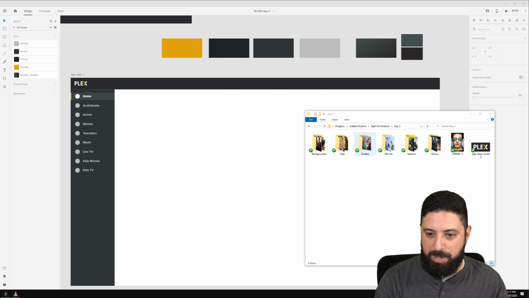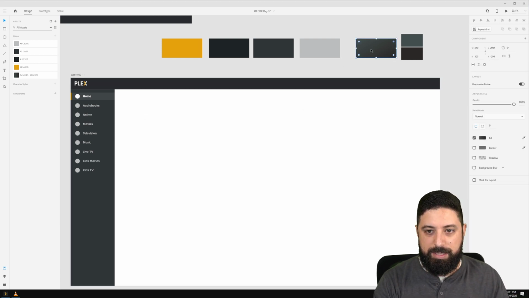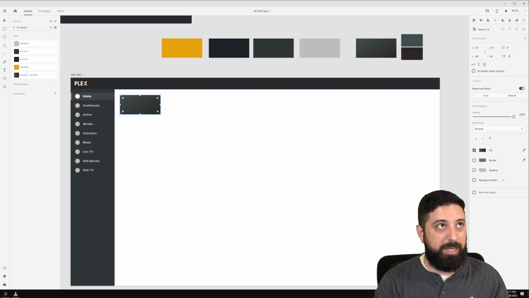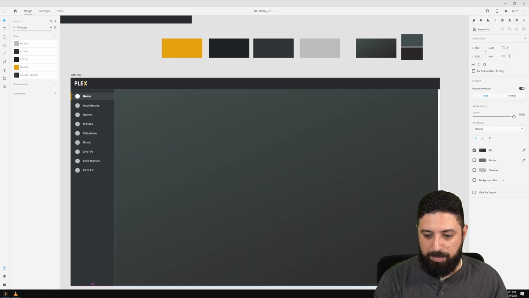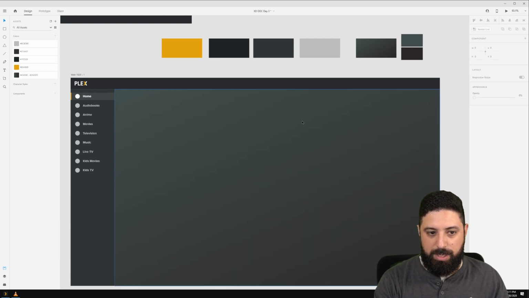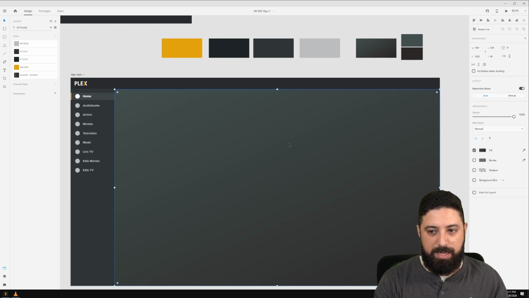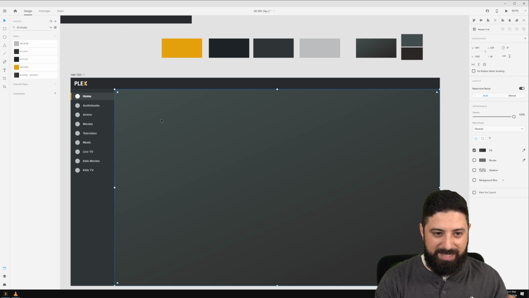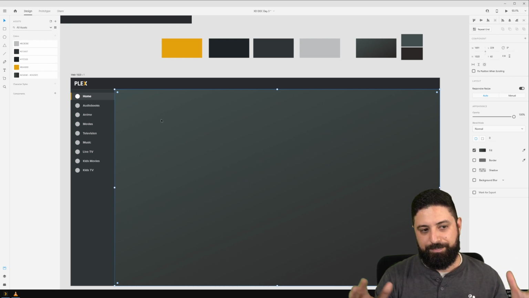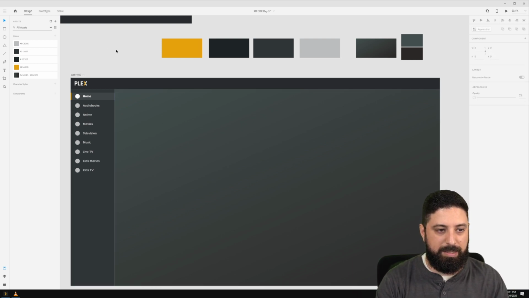So let's grab a couple of things. And I've got a few items here that I want to design. I want to start off by putting in a nice little background here. I pulled in this gradient kind of from the Plex app itself. That's just going to be what I showcase the designs on top of and the things I'm watching. And this isn't necessarily precise to what they've got, but for today's purpose, this will work nicely.